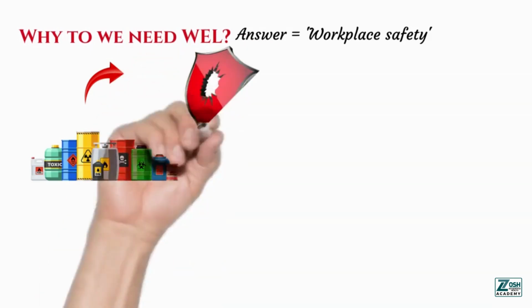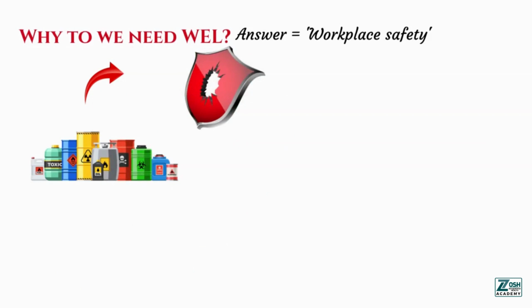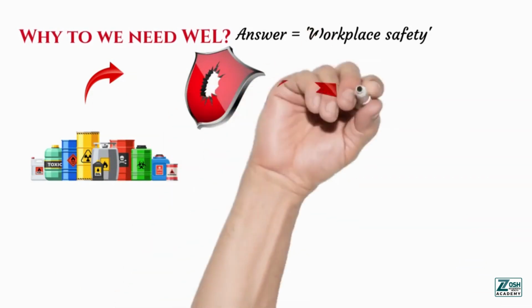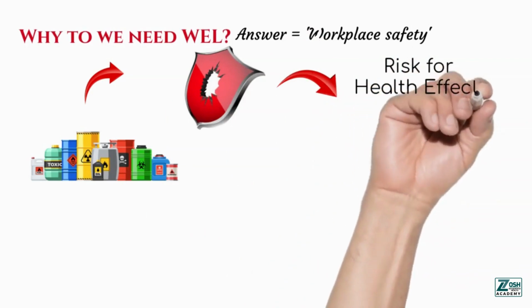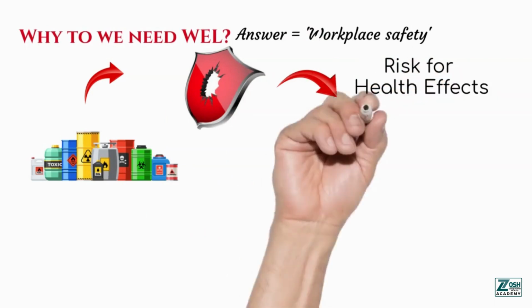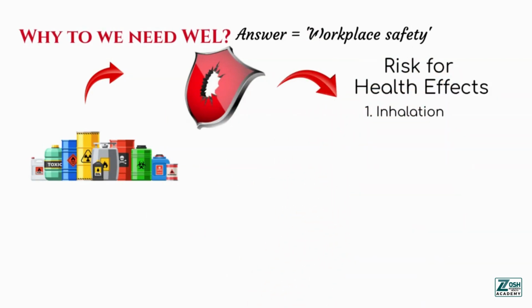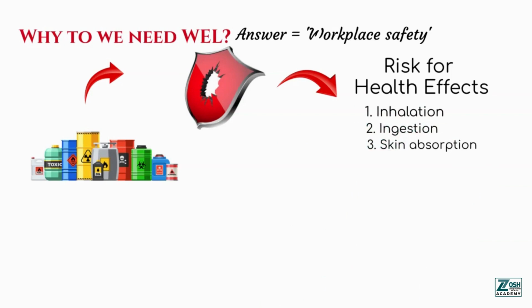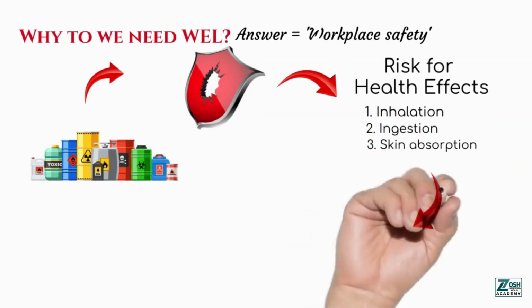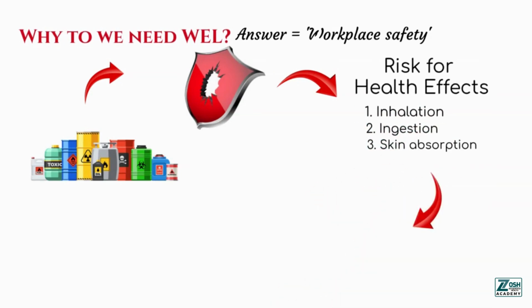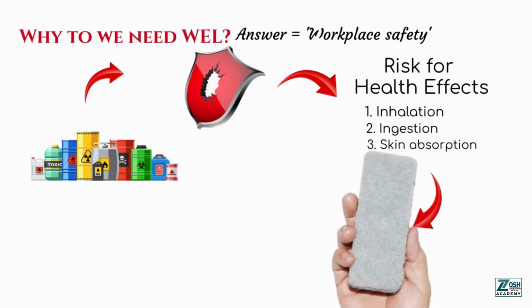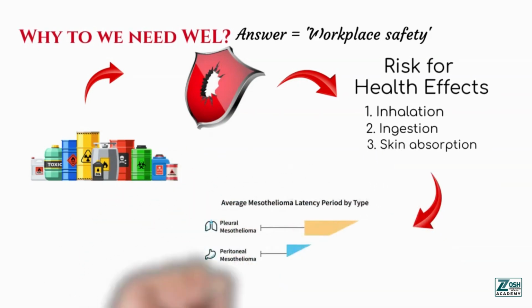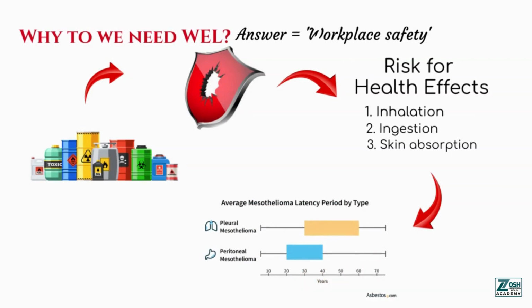If exposure to a hazardous substance is not properly controlled, it may cause ill health in a number of ways. The substance may cause harm by: 1. Too much being taken into the body through breathing, 2. Being swallowed, 3. Acting directly on the body at the point of contact, for example the skin, or being absorbed through the skin. Some illnesses caused by exposure to hazardous substances in the workplace may not appear until a long time after the first exposure. Therefore, it is important to know in advance.